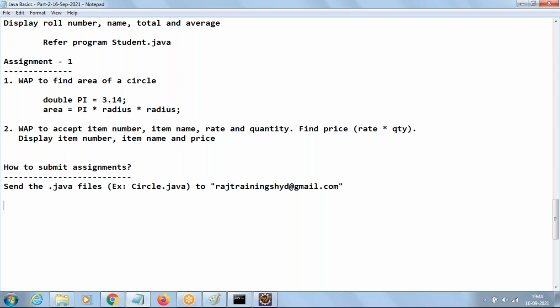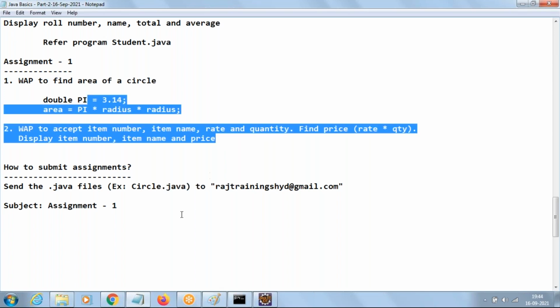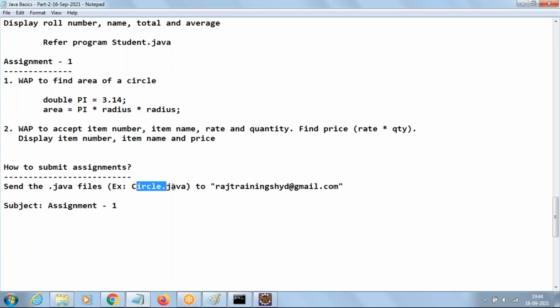You can use those for other things. You can ask any other queries, no problem. But related to assignments, always create a new compose message, and in the subject line, say Assignment 1. Just attach these two .java files and send it. That's it. I've mentioned where your .java files are located. Just go to that folder, select the files to attach, and send. Got it everyone? Any questions?